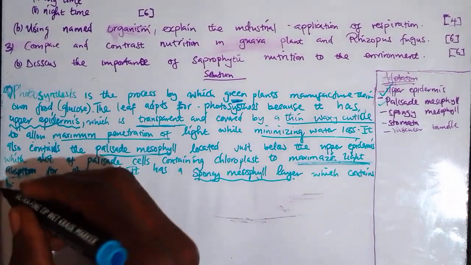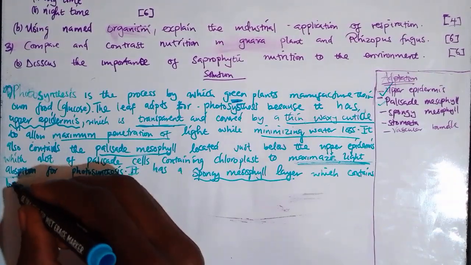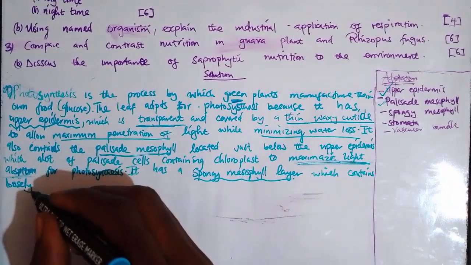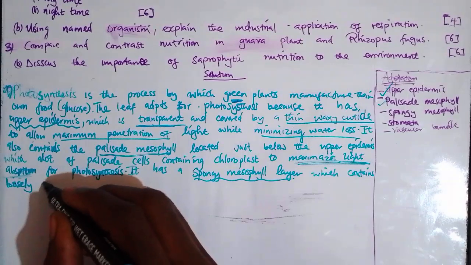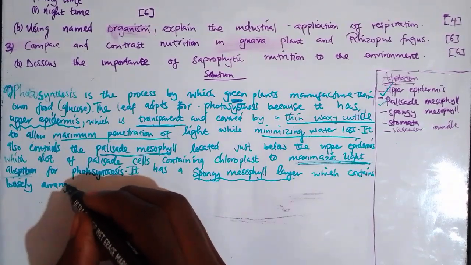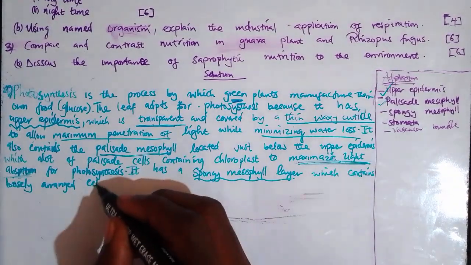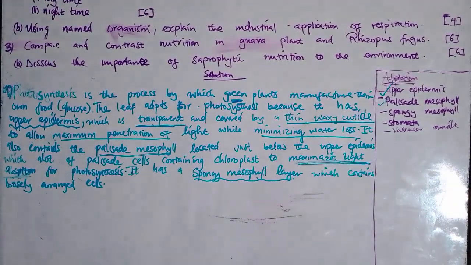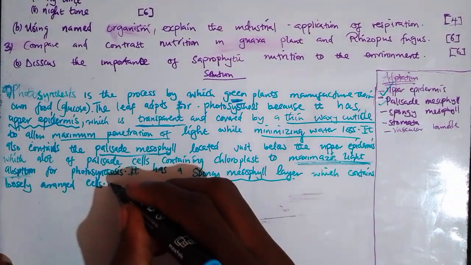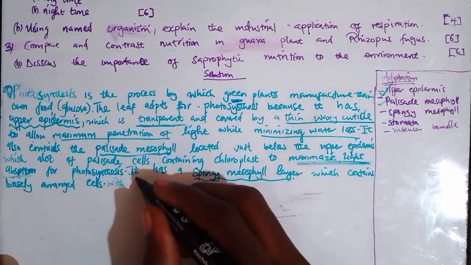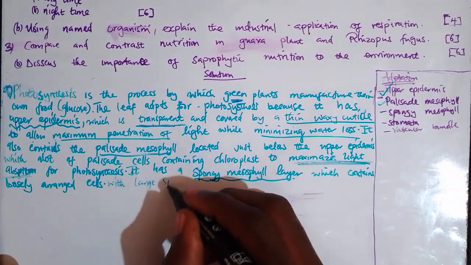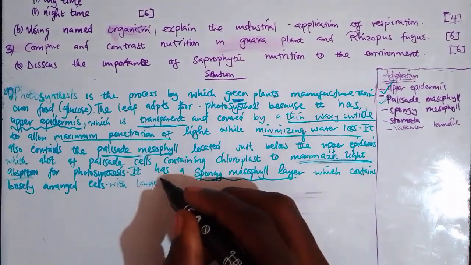So here the cells are loosely packed. Why are the cells loosely packed? That's the question you should be asking. So the reason these cells are loosely arranged with large air spaces,